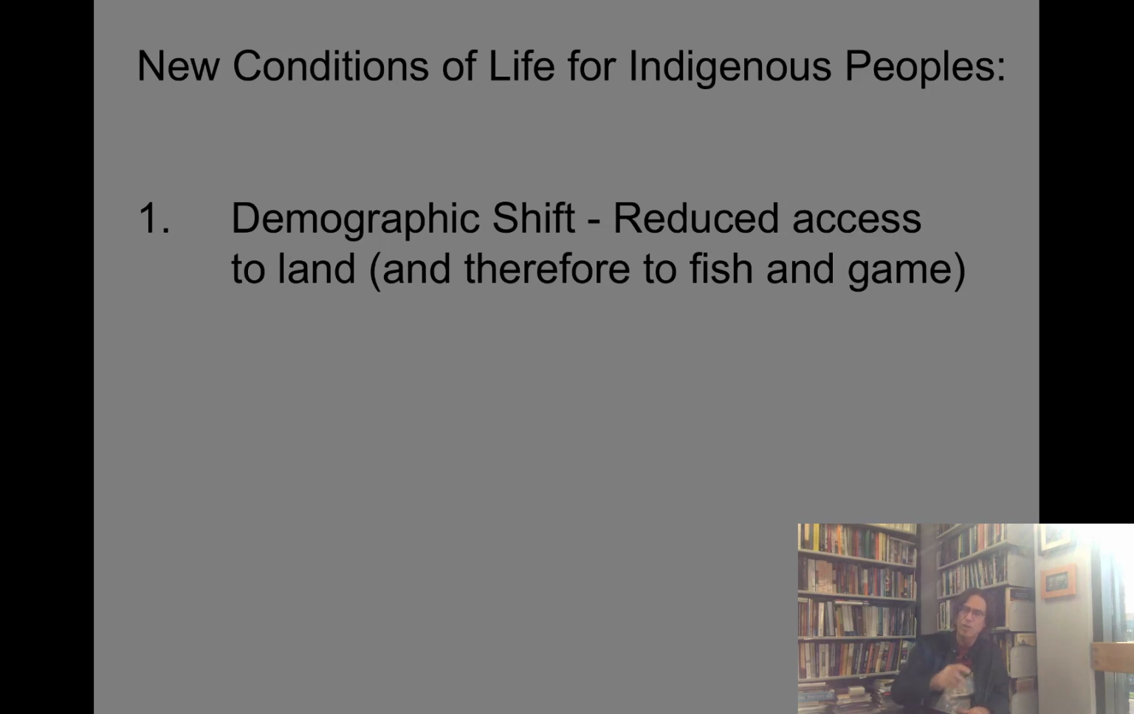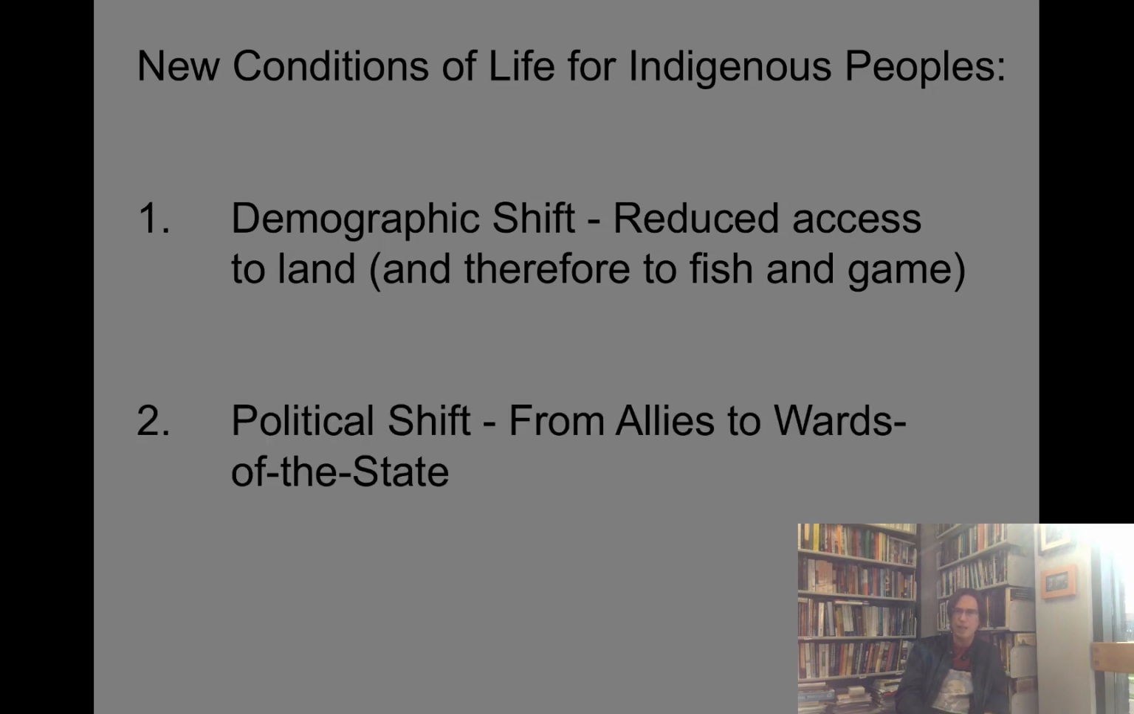As settlers move onto the land, as farmers expand, as those farms get bigger, increasingly there's less and less land available for Indigenous people, and therefore they have less access to fish and game and to the traditional ways they've found subsistence. The second thing we can point to is a political shift in how Indigenous people were viewed by